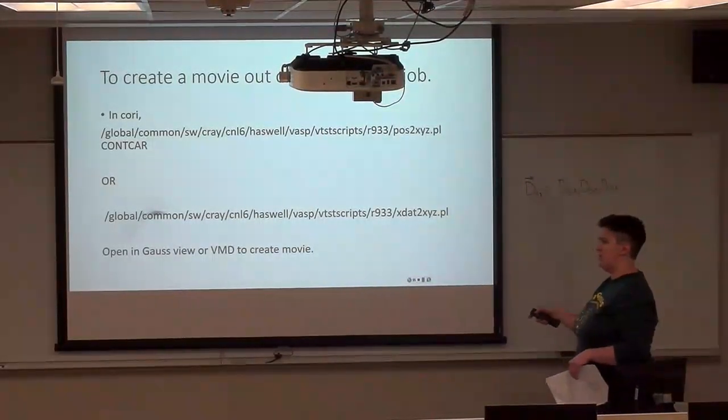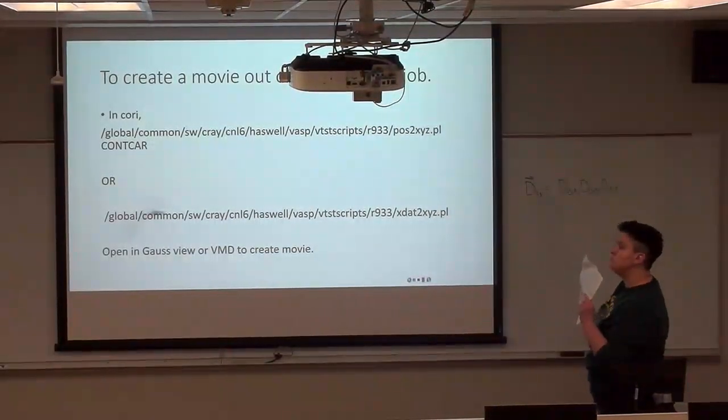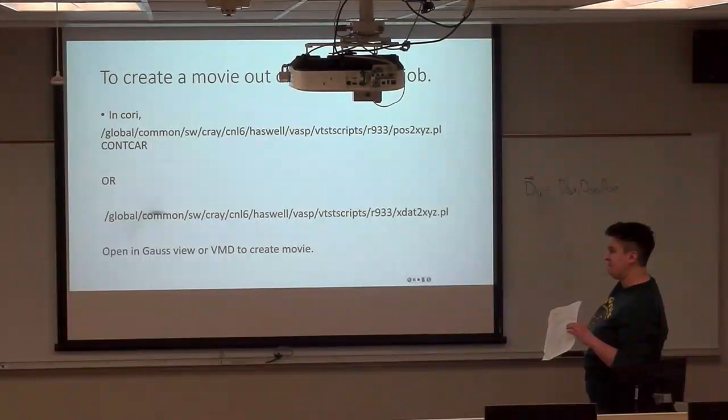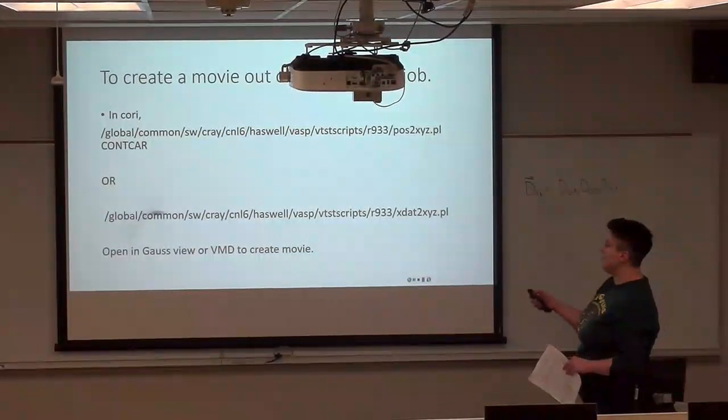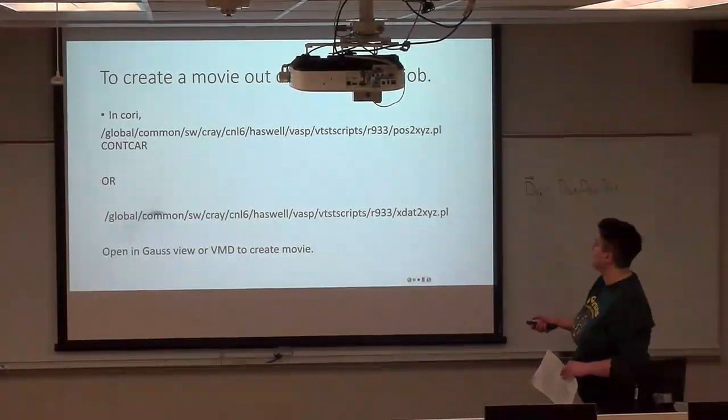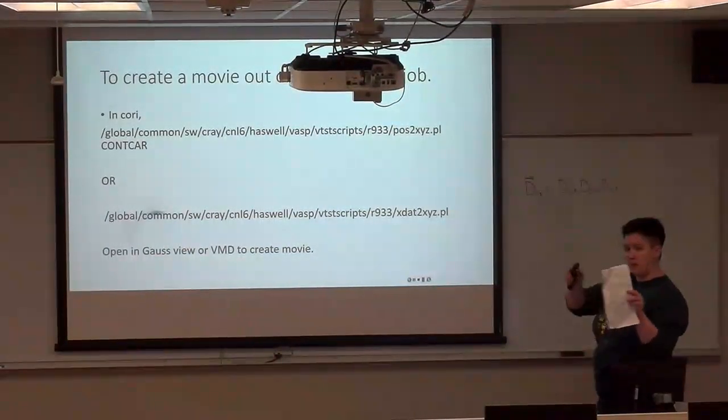The first line just converts the last step of your run into XYZ without any moving, just the last slice. And the second line creates a sequence of snapshots. Oh, okay. So this should really not be in order. This should be step 1 and step 2. Okay, that makes sense. Apologies, folks.